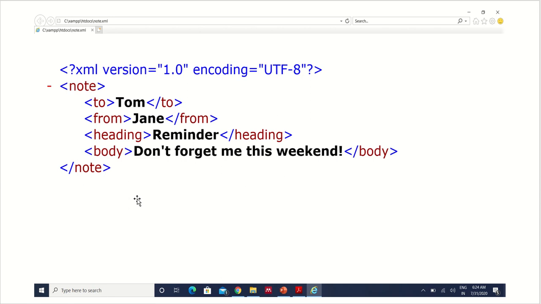Alright, so don't worry that my XML is not working or that I am double clicking over it and the browser is just showing the content as it is, not displaying anything. It won't show you formatted content. You have to read the content from some other application that we will study in our coming lectures.